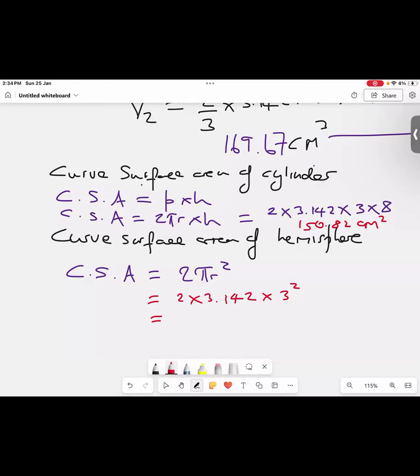Sir, I got 56.556. How much I got? 156? Yes, sir. Okay, should be a little bit bigger. No, it's 56. I don't understand that. That means the calculation at the top is incorrect. No, we're not multiplying by 8 down the bottom. You didn't write 8 there. So at the top we were multiplying by 8, and at the bottom we were multiplying by 9. So it shouldn't be much of a difference.